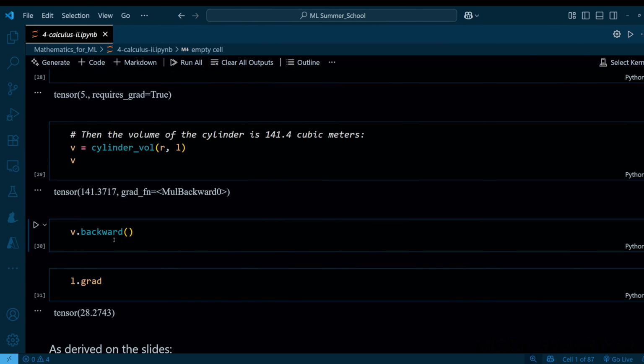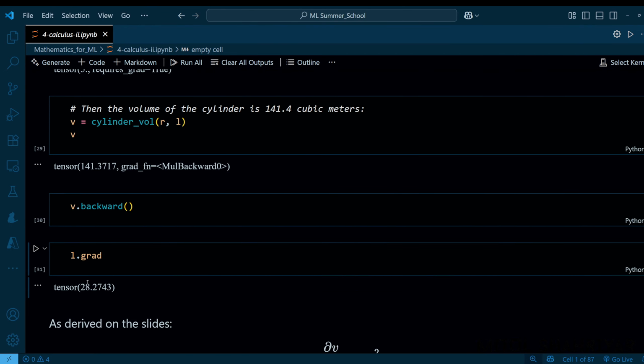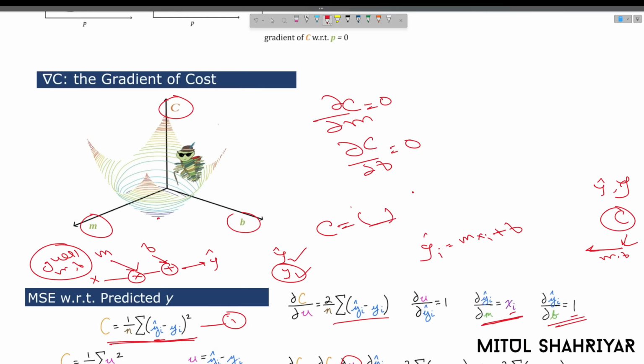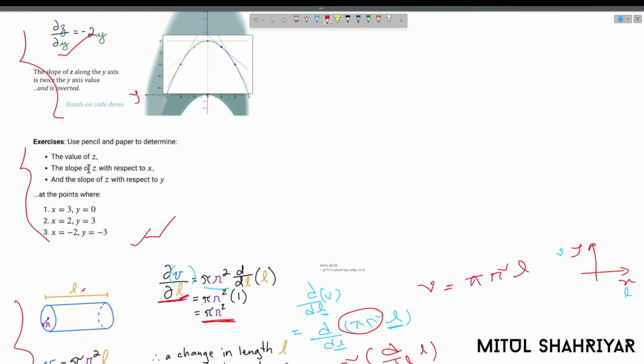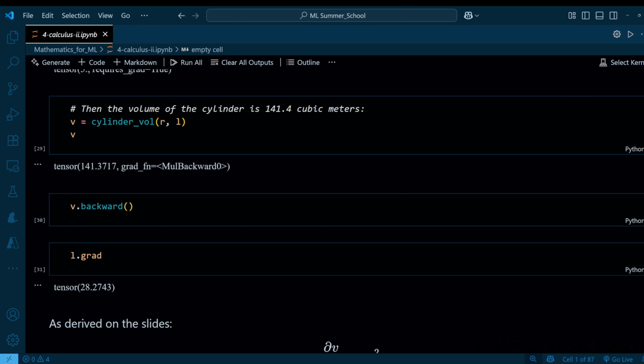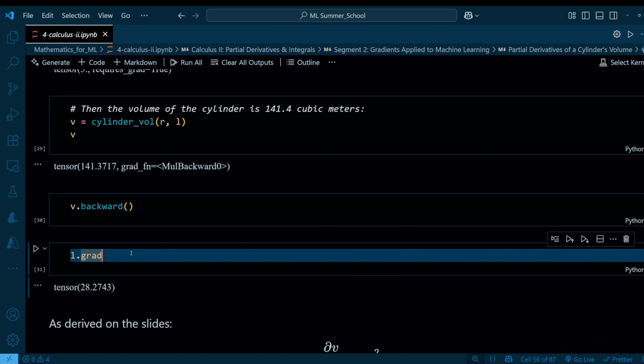So dv by dr or dv by dl. If we just look into dv by dl, which we had earlier, this one, dv by dl, which is pi r square. So pi is 3.14 into r square. R is 3, right? 3 square is 9, 9 times 3.14 is about 28. That's it. So this L is basically referring to